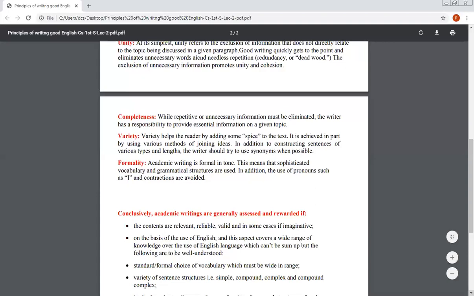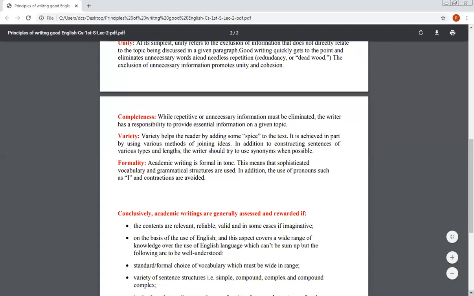Sometimes our tone is blaming, sometimes our tone is requesting, at times our tone is persuasive. So depending on the situation you are writing in, the purpose you are writing for, and what you would like to achieve while writing that composition, you must keep it in your mind, and the style which you feel is appropriate, you have to adopt that style.